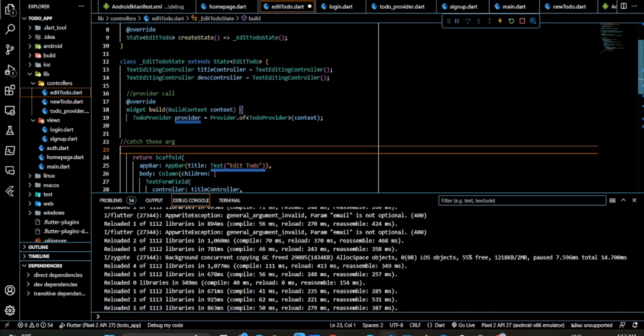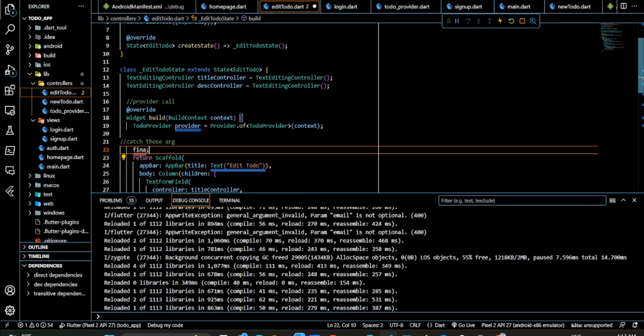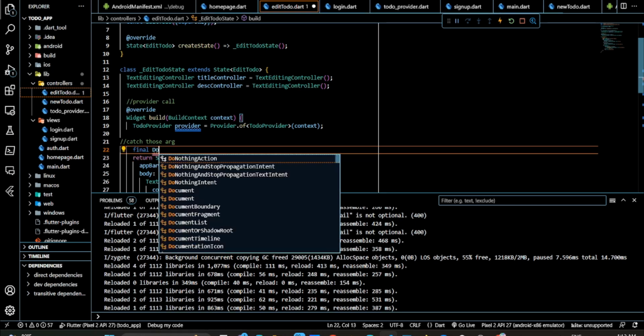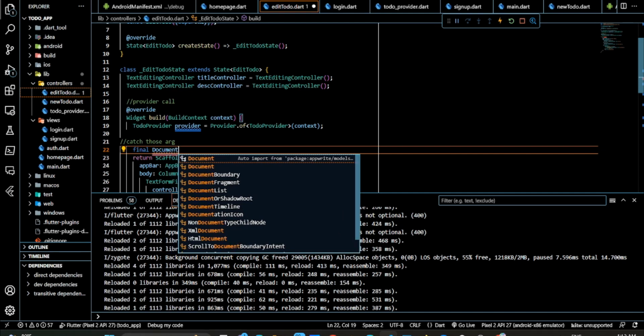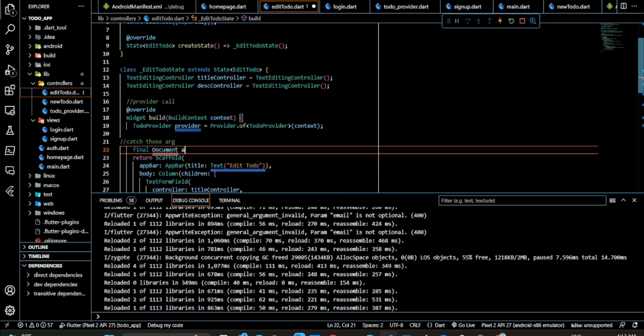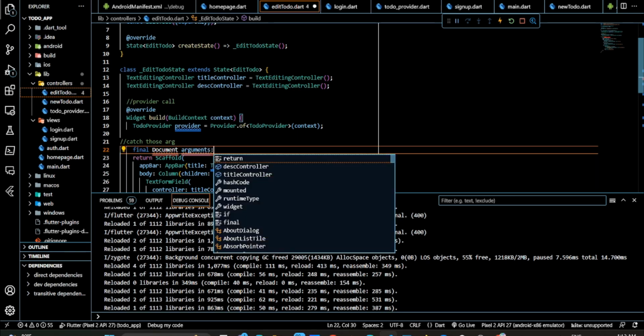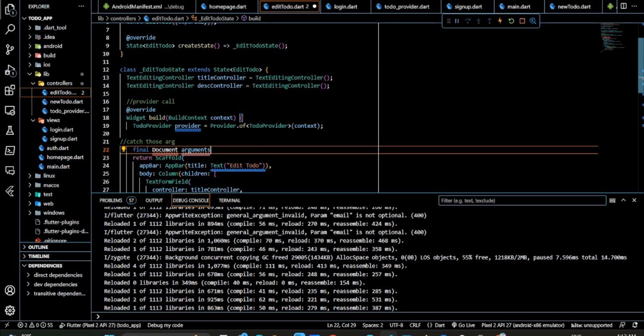And then we need a final function, and let's call the database document and its arguments, with its arguments equal to